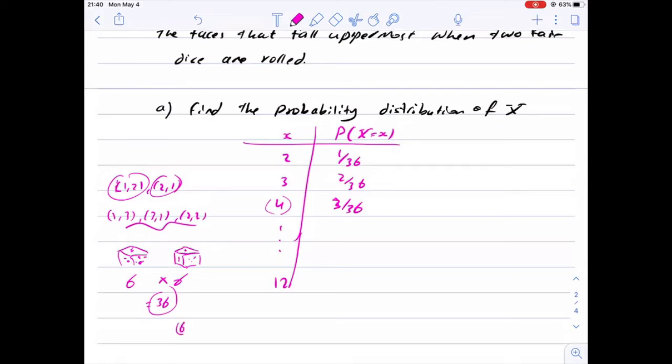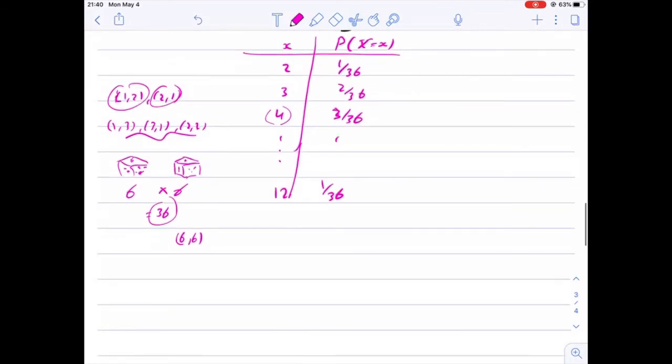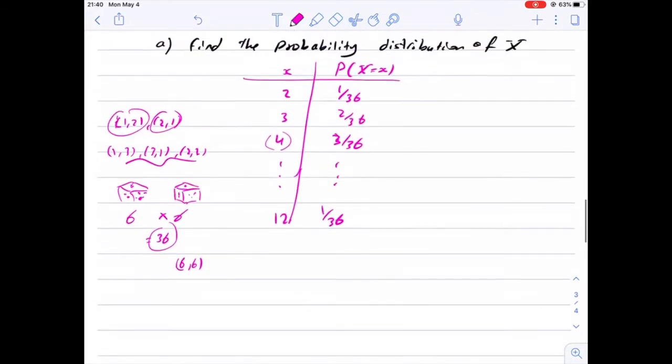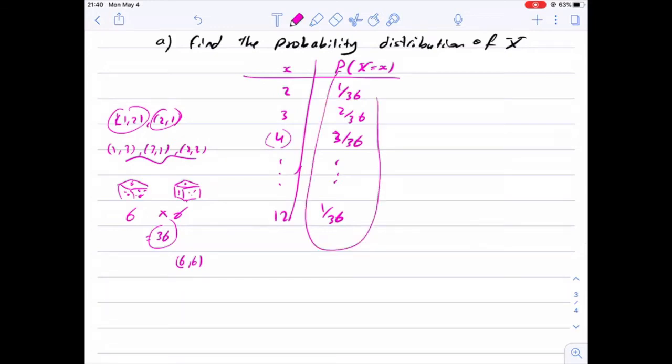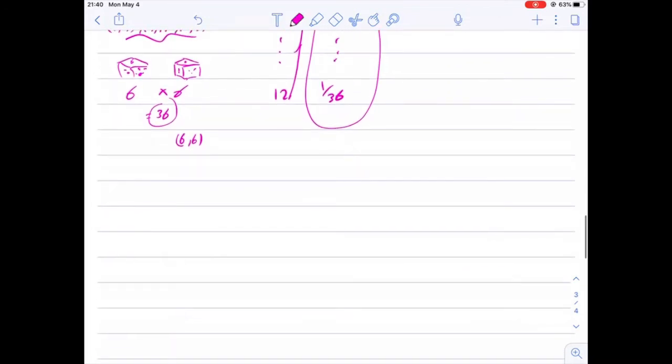For the sum 12, we just have one case, 6,6, and that's 1 out of 36. You can complete this table. This is the probability distribution, because the sum of the probabilities is equal to 1 if you try to exhaust or list all the probabilities and the corresponding random variable values. And as you can see, each probability is less than or equal to 1. Now for part B,